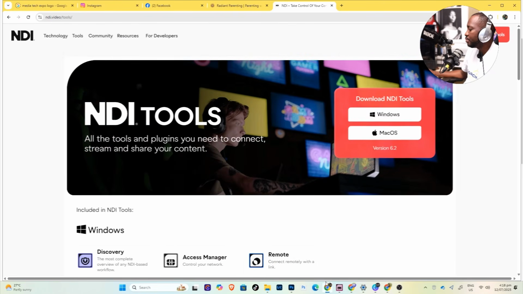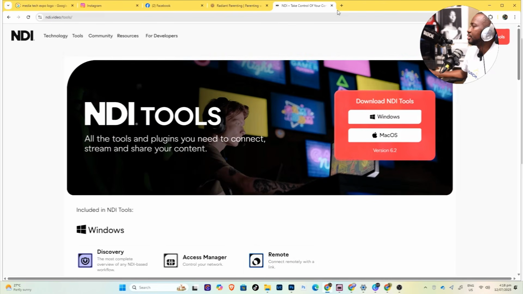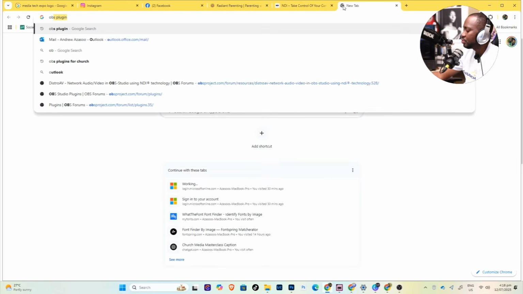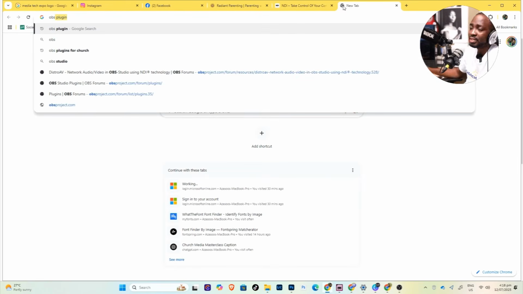Then when you come to OBS, we want to install some plugins that's going to help us. Let's all know that for OBS, once you install, it's a free software as compared to vMix. So you will need to get some plugins to have certain things work. For example, when you install it, you won't get NDI. So we'll be installing the NDI. The other one that I will be installing and I'll be using is for multi-stream. And then there's another one for